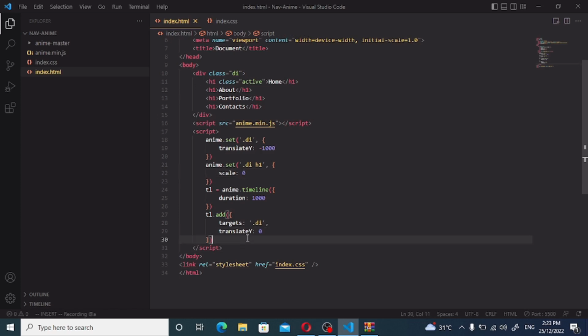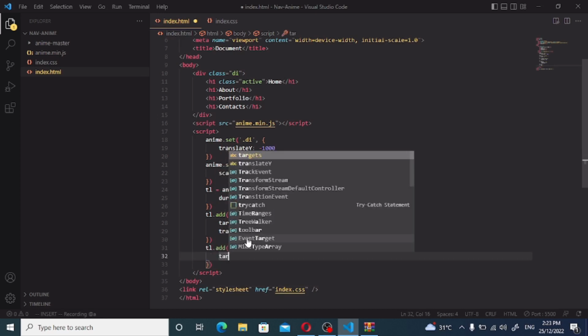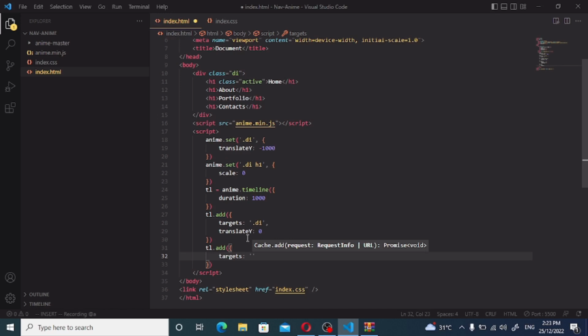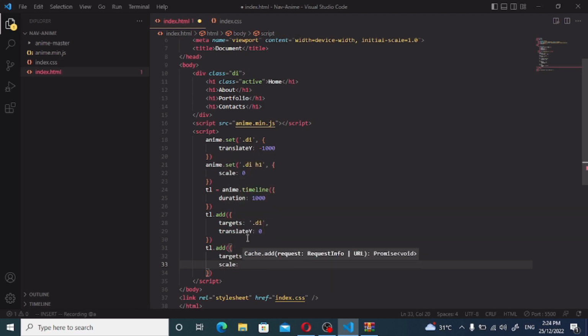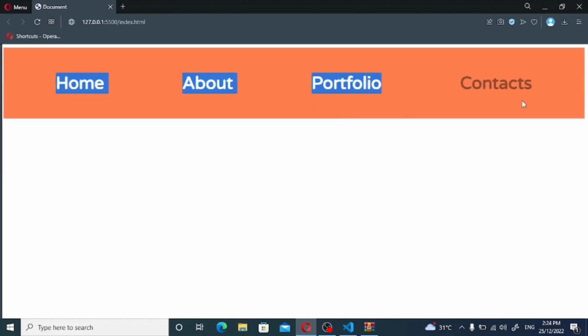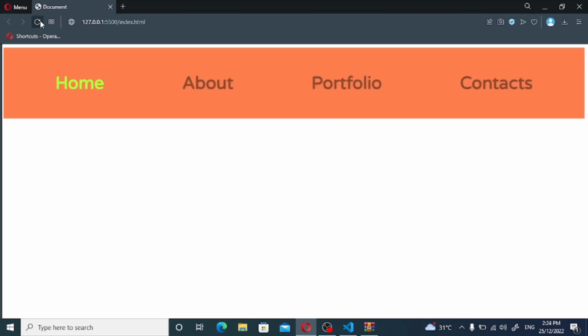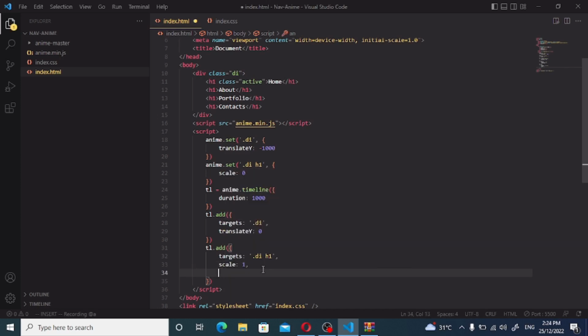Now also write tl.add targets .dih1, comma, scale is equal to 1. Now you see, yay, they appear again, but they all appear at once, which is not really cool of them. Pretty uncool of them. So write delay